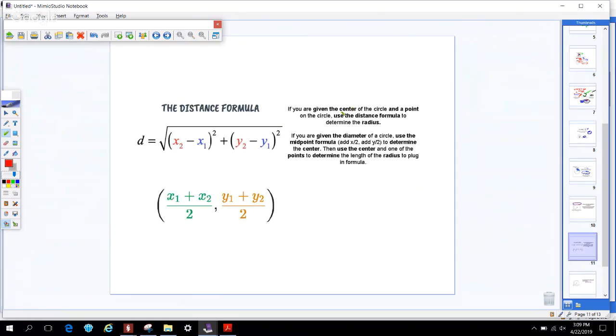If you're given the center of the circle and a point, you're going to use the distance formula to find the radius. And I have a trick for using the distance formula. I'm not going to go into detail about how to use it, but you'll probably see me use it. That's what the distance formula is. If you're given the diameter and they want you to find the center, that's when you're going to use the